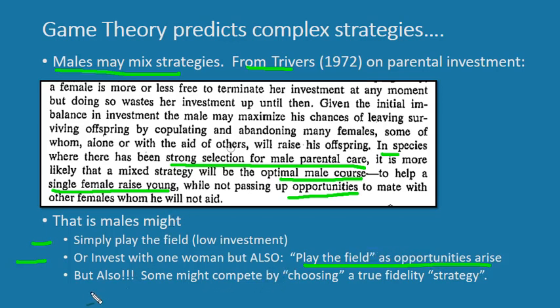Now, Trivius doesn't say this, but I'm going to throw out here, it also might be the case that some males compete by choosing, and maybe not, this is something that they don't rationally choose, but they're built in such a way where they adopt this strategy, but they might have a true fidelity strategy. So in other words, they're just wired, and they're playing out this option in the game where they're truly faithful to a partner, and that makes them particularly attractive,